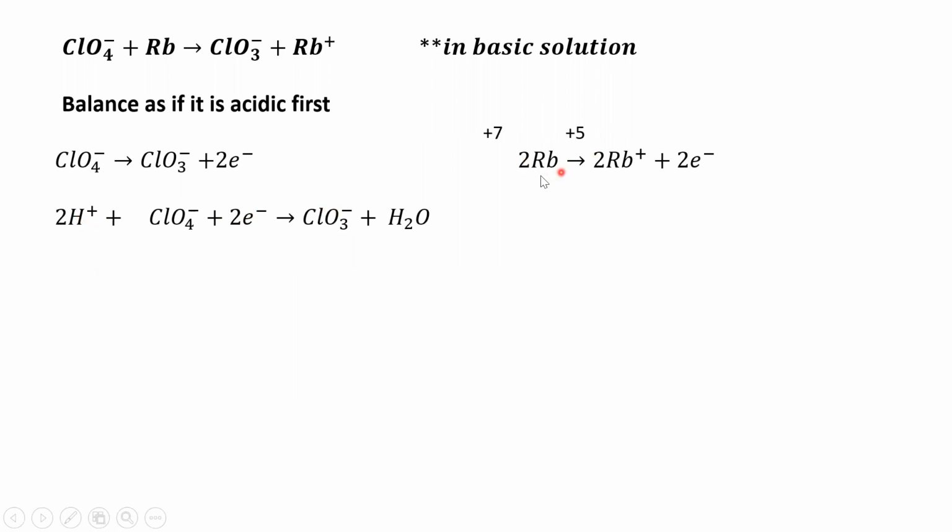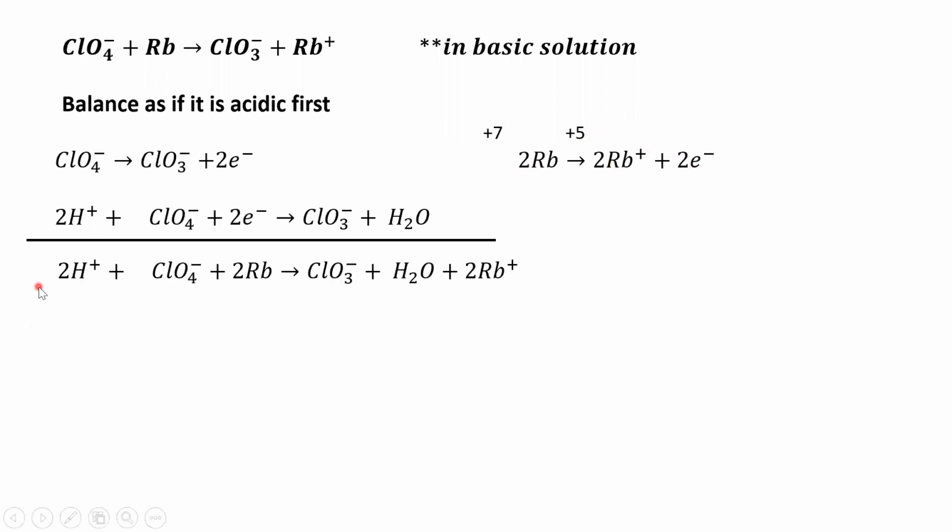Now, this one's easier. Okay. The rubidiums were already balanced. There was no oxygen, so we don't have to add water. There's no hydrogen, so we don't have to add hydrogen ions. And there's 1 electron being lost. Okay. Electrons gained have to equal electrons lost, so we just multiply everything by 2. Okay, add them together. So this is how the reaction would be balanced if it was in an acidic solution,